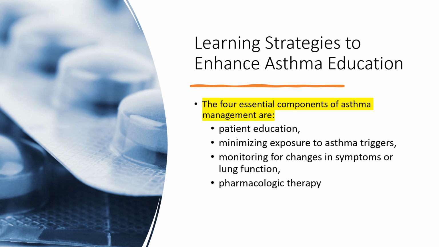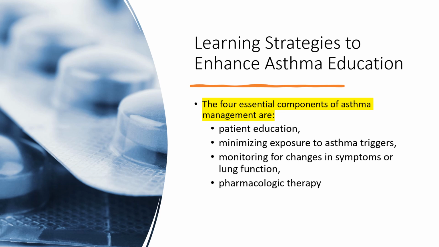Monitoring changes in symptoms or lung function. It is critical that all asthmatics have some kind of asthma action plan where they know where their normal levels are. May it be peak expiratory flow, how do they feel breathing, how do they feel after exercise, how do they sleep, and also know when the levels are escalating. When you go from a green level to a caution level, what are the symptoms? What are your steps? What are the patient's steps?